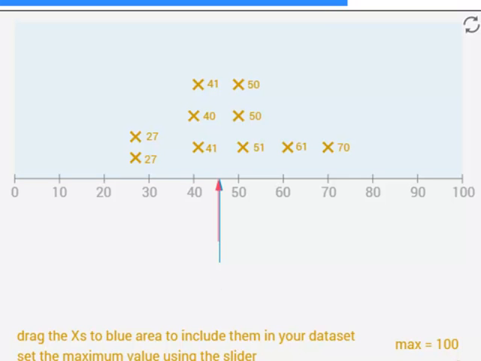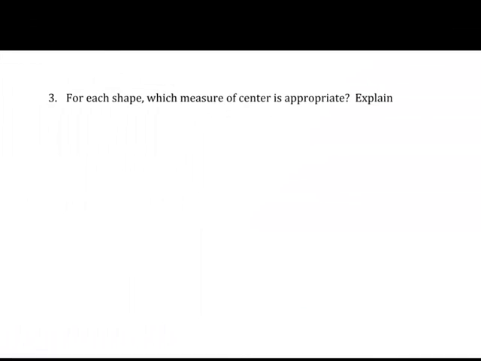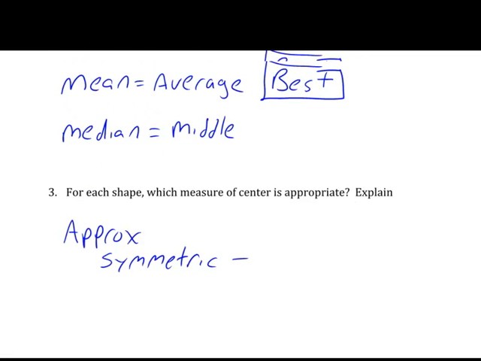Going back to our which shape, when we have approximately symmetric, we want to use the mean. Why? Because the mean is the best. And because in this distribution the mean and the median are about the same anyway, we might as well use the best one we can. When we have a skewed distribution,